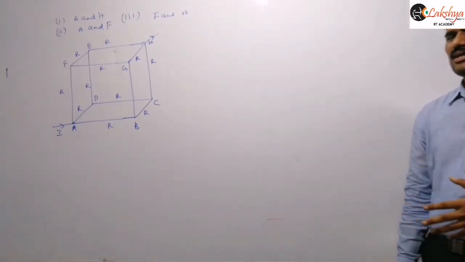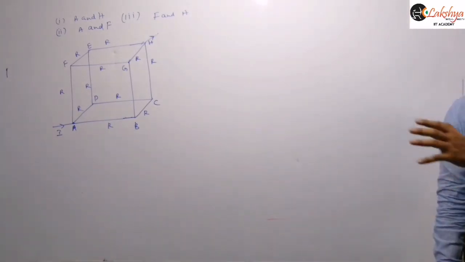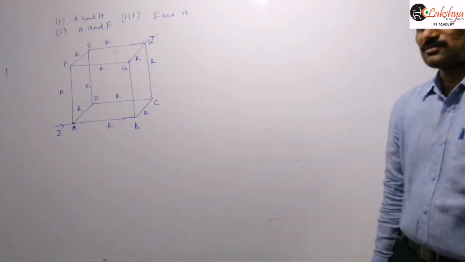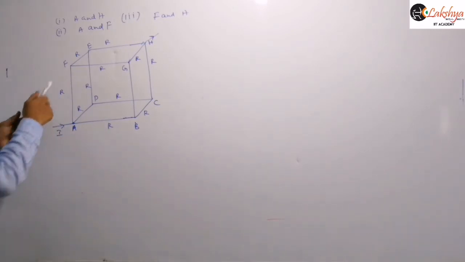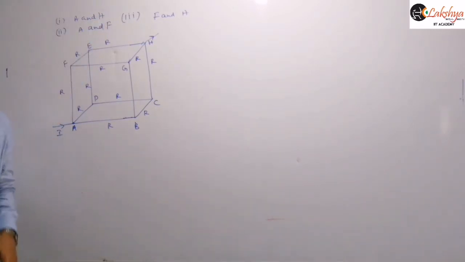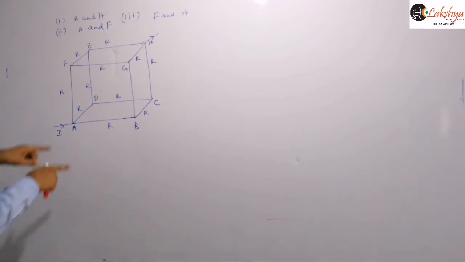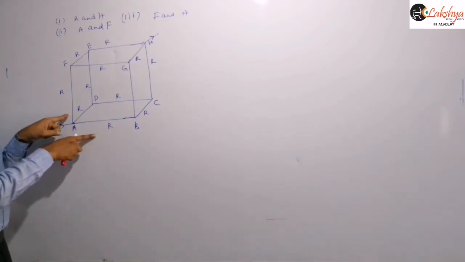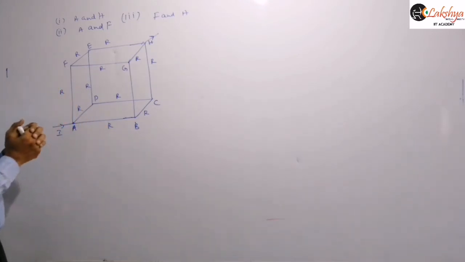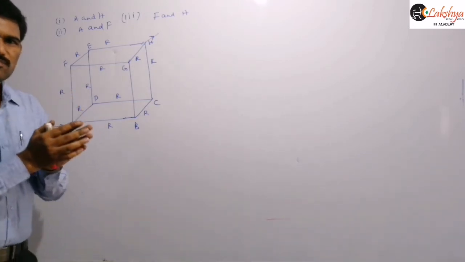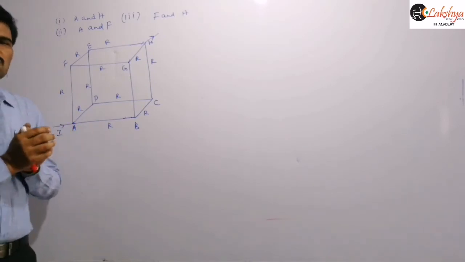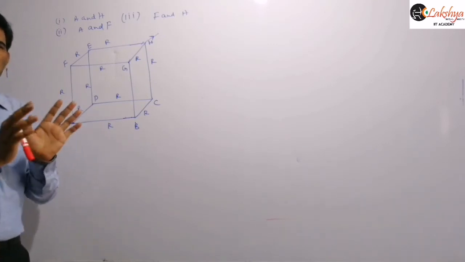Now for this there are different methods. We are going to discuss it by path symmetry, right? So first let us take the body diagonal, A to H. To travel from A to H there are different paths. Suppose three paths are available here. When you are traveling along those three paths, if you cross the same amount of resistance and if the configuration of resistors is also the same, then you can consider them as identical.